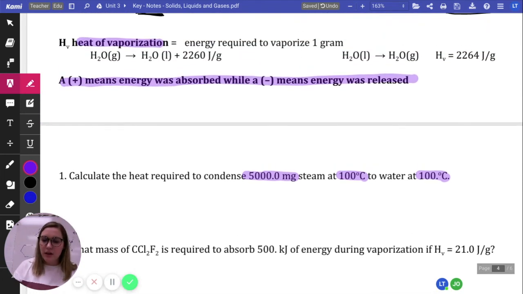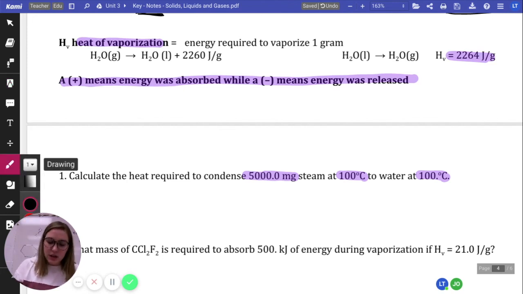All right, and we're going to use our values just from up here. So we are condensing steam. So that means we are going from a gas to a liquid. And our heat of vaporization is 2,264 joules per gram. All right, so first thing is my equation is Q is equal to mass,